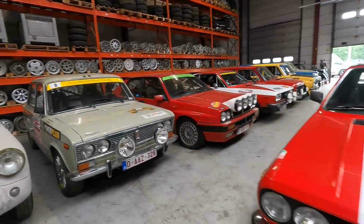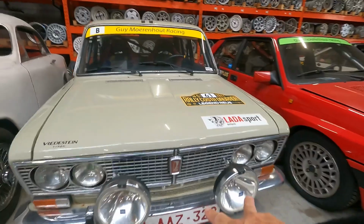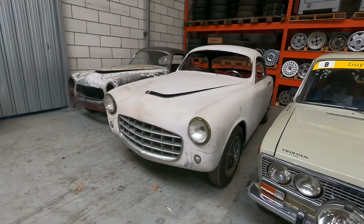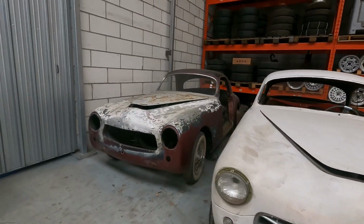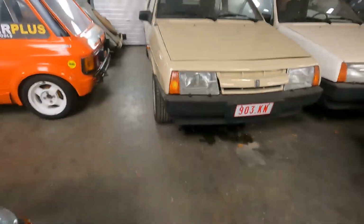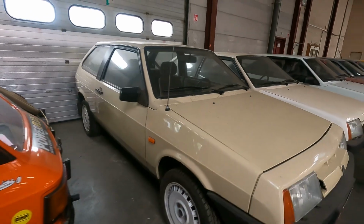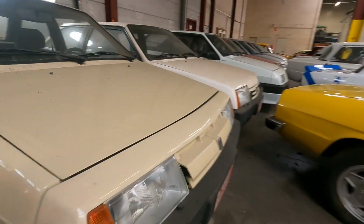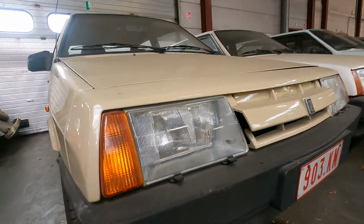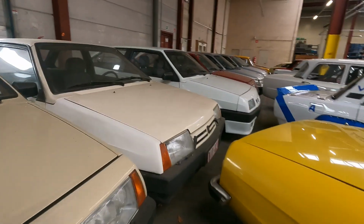Some more cars, another Lada racing car here with some make-it-faster lights. So well, I don't know, but I will do some research about that. I don't know where to start. So let's start with this row of Lada Samaras. And the Samara started life with a grille looking like that. It's kind of odd looking. And that's what many importers thought of the grille. So especially in Western Europe, many of them